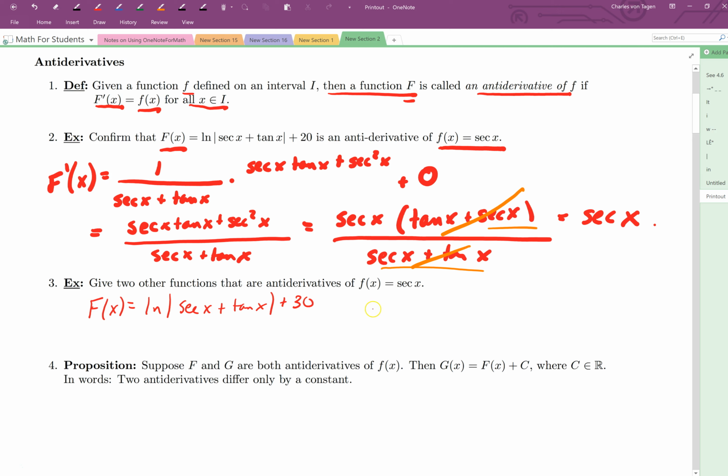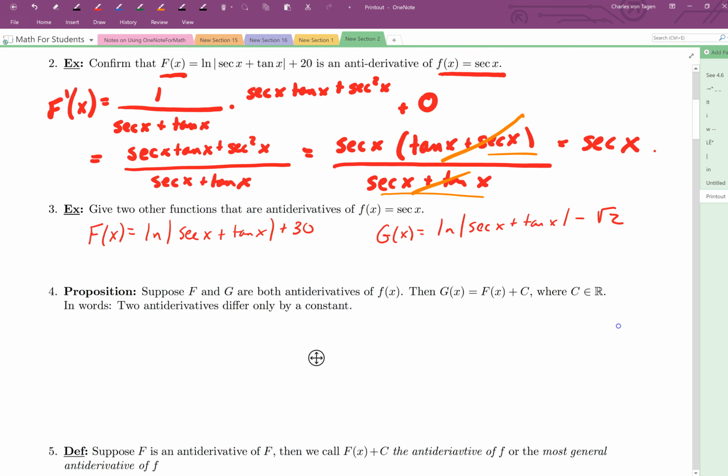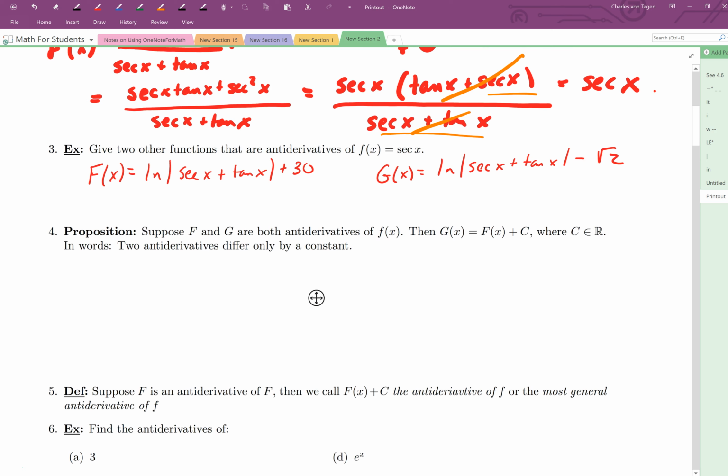So I don't know which one you came up with, but here's one. Here, g of x equals the natural log of the absolute value of the secant of x plus tan x minus the square root of 2. This would also have as its derivative the secant of x. Okay, so maybe you see what's going on here. And in fact, if you remember way back at the end of chapter 3,